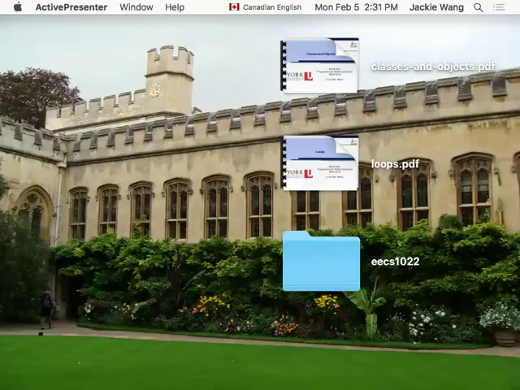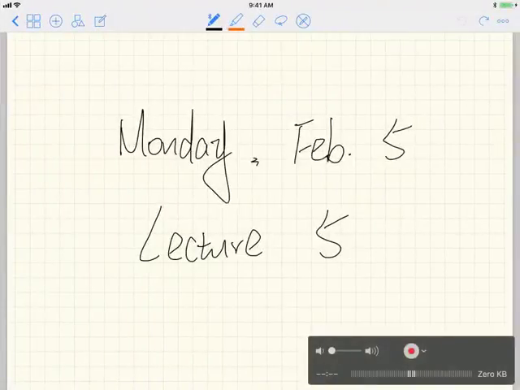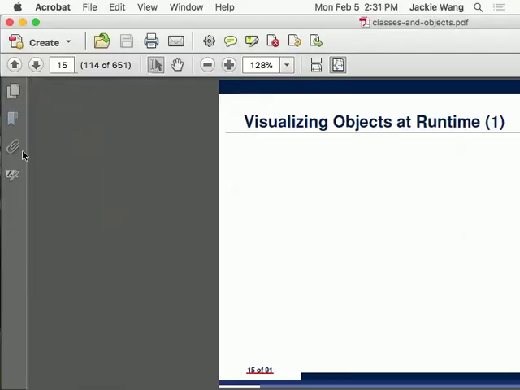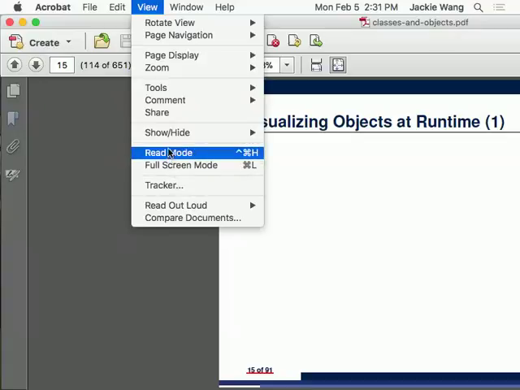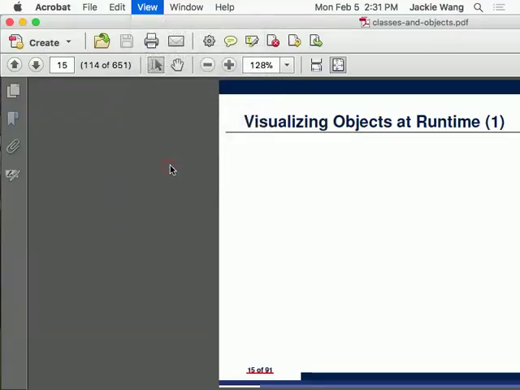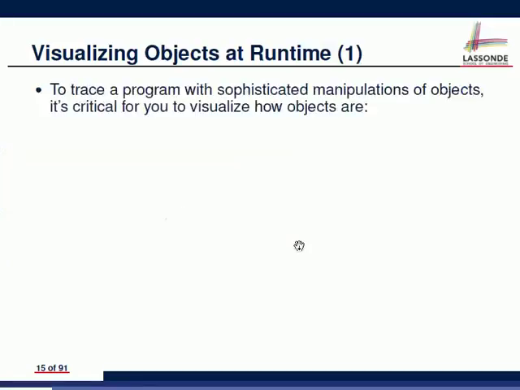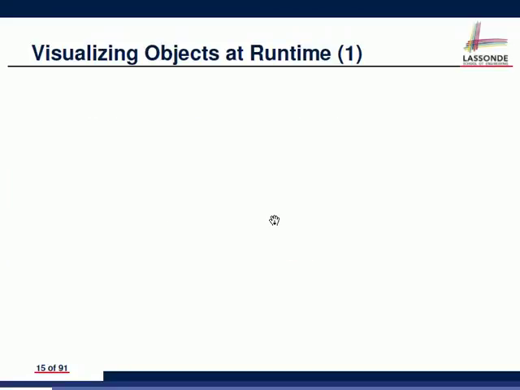Okay, let's now continue with our object orientation lecture. Let's do that first. I'll do roughly about 1 hour on this, and then the rest of the time I'm going to spend on the loops. Okay, so now I would like to start with,